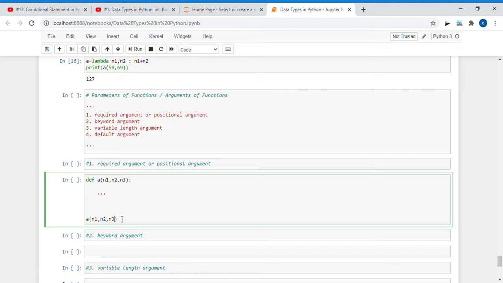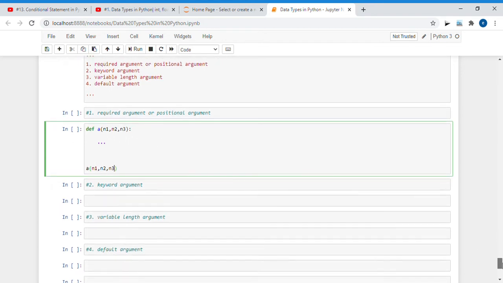If I specify only two parameters while calling the function, then the function will not run, because the same number of parameters defined while creating a function we have to provide while calling the function, and such arguments are nothing but required arguments.